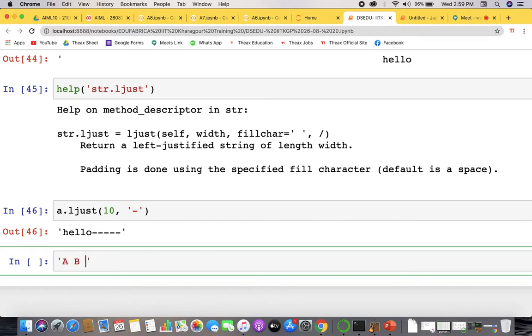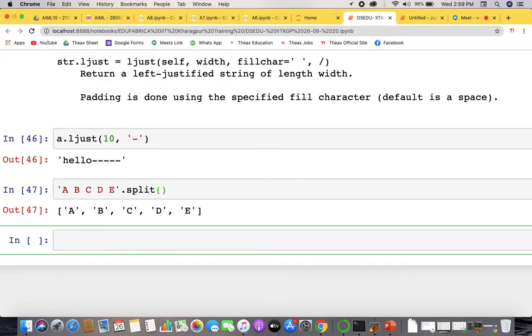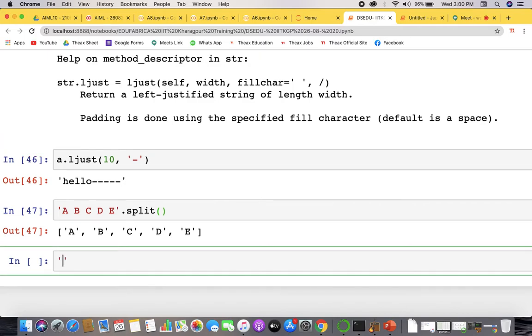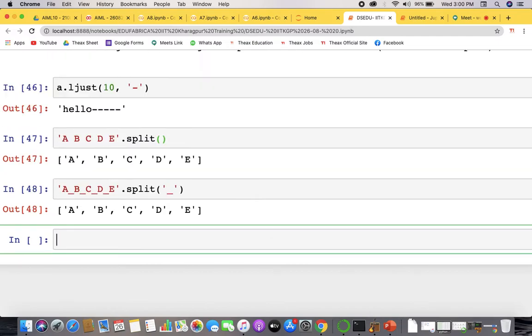So these are the methods inside a string, and let's see what split does. Let's say this is A, B, C, D, E, and I want to split it. If I don't write any parameter inside the parentheses, it will be split up into a list by default at the gaps. If I write A underscore B underscore C underscore D underscore E, and I say that wherever you find the underscores, split from that place, again you'll get the same thing.